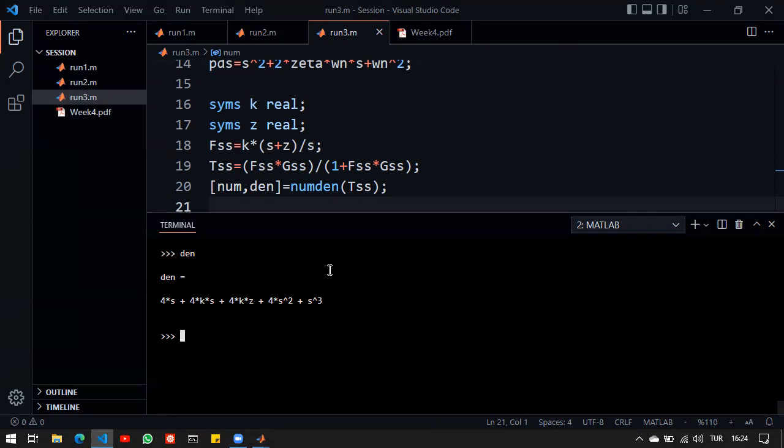But designing a P-type controller or PD type controller was fairly simpler because the characteristic polynomial was a second order polynomial. Now we have to take care of the third pole, and we also have a zero. We should also take care of that. So designing a PI type controller is not easier than designing a PD type controller or even a P type controller. It's a bit more difficult